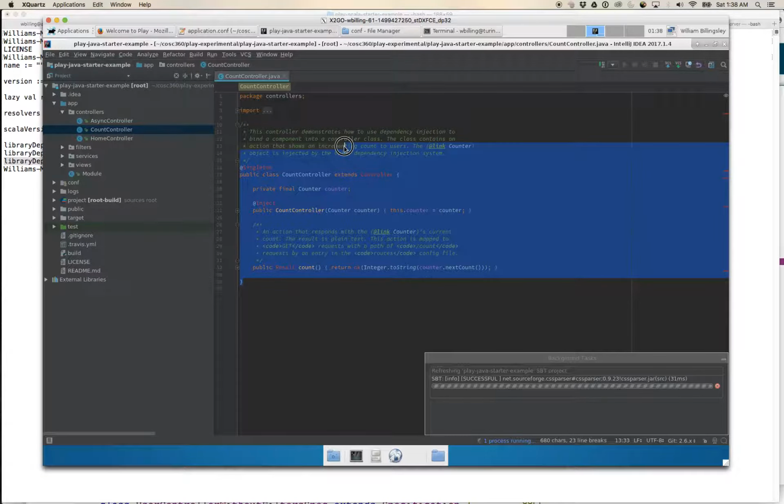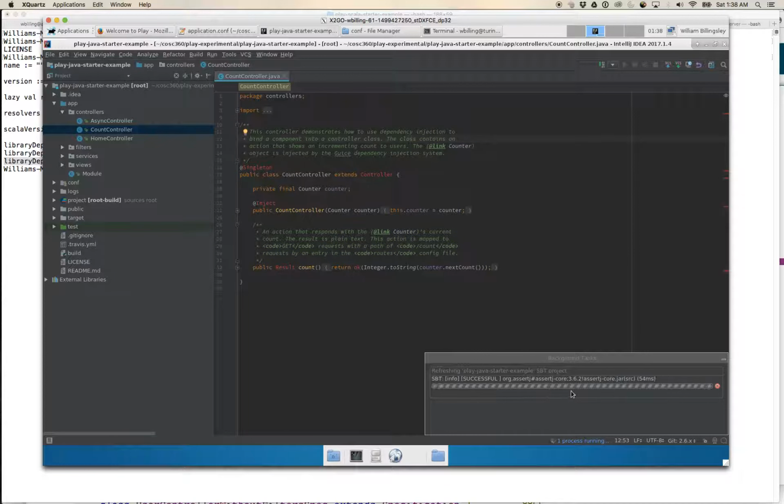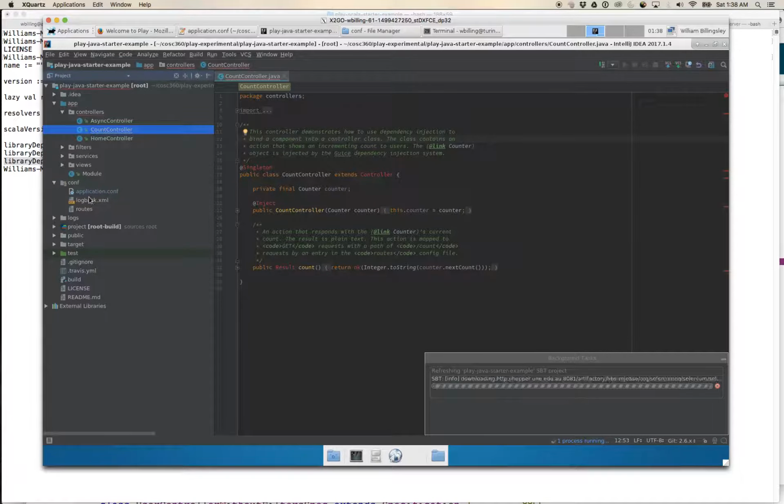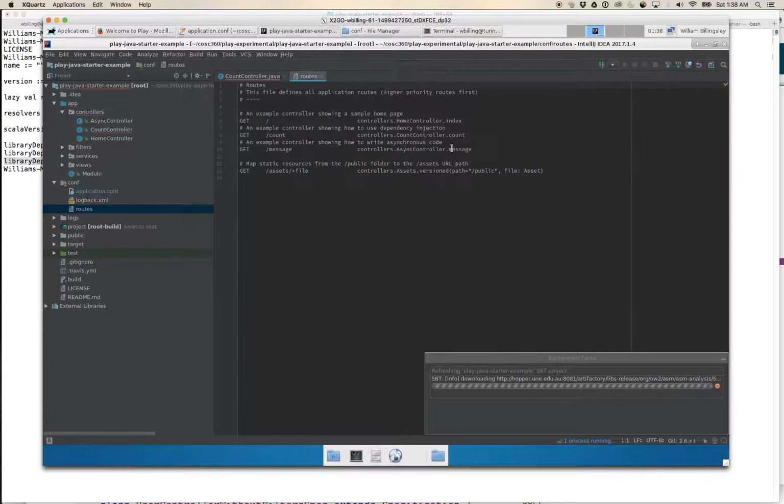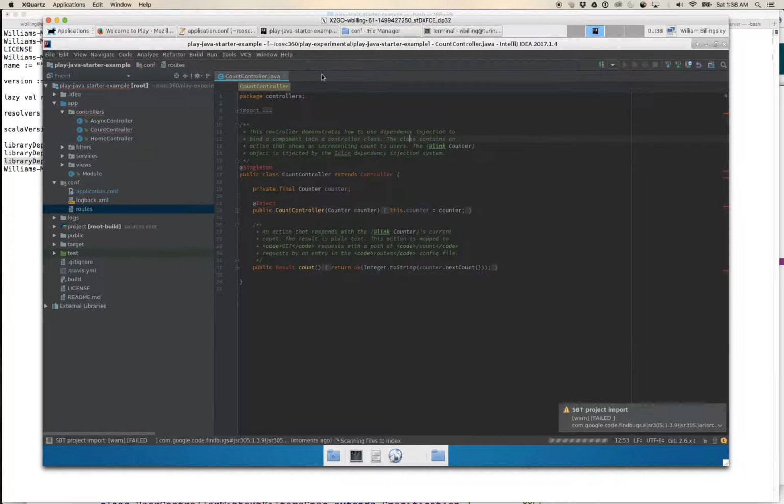And to start with, while it is still downloading dependencies, it will probably mark up lots of errors that it can't resolve things. That's because IntelliJ is still downloading the dependencies. Down in here we can see the conf, and I can open my routes file, and there it is, just a little text file, the routes, but that of course gets compiled into